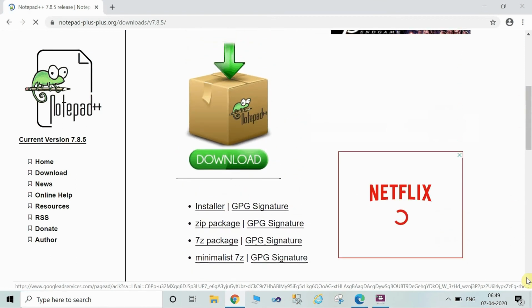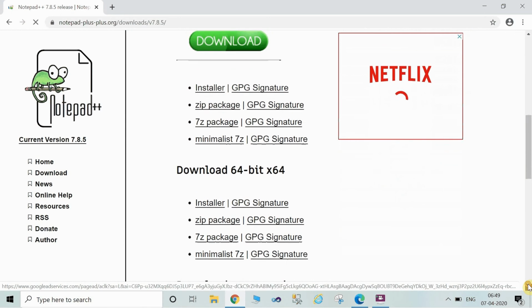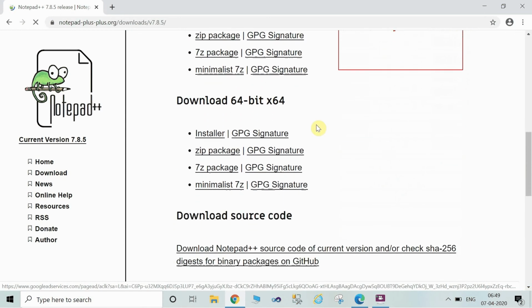Otherwise, just scroll further and look for the download 64-bit installer. So click on the installer.